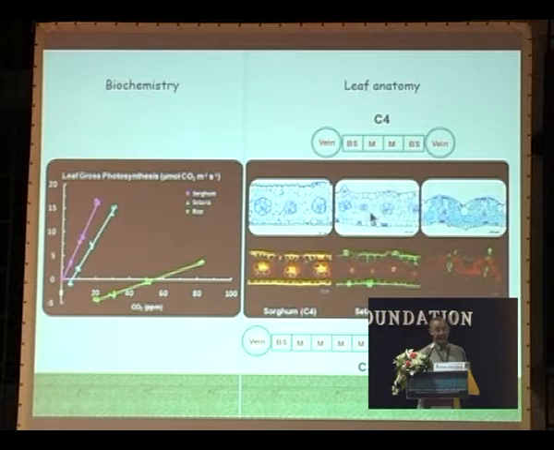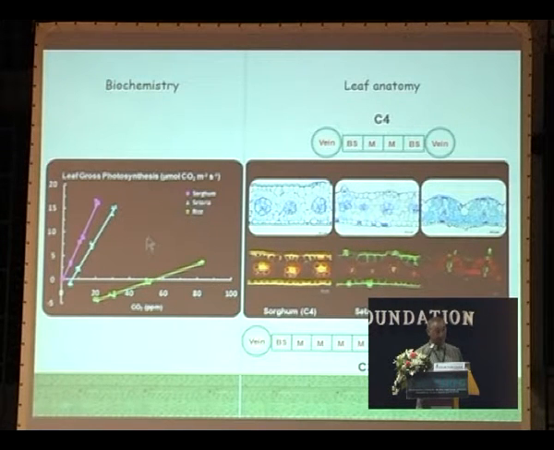So it's a very ordered anatomy compared to its C3 counterpart. And the benefit is shown in this graph here, with CO2 concentration on the x-axis and photosynthesis on the y. You can see that C4 plants, sorghum and Soteria shown here, are able to photosynthesize at much lower concentrations of CO2 than C3 plants. So we have an improvement of light use efficiency, we have an improvement of photosynthesis, and there are a couple